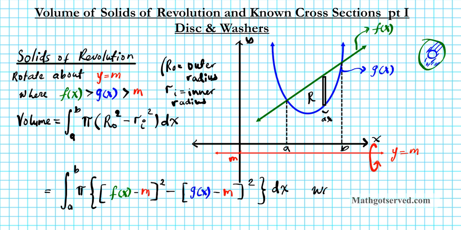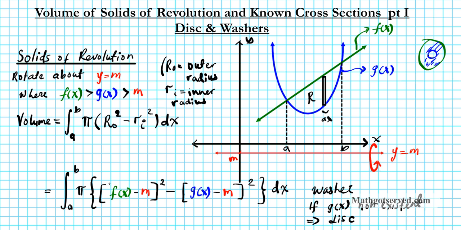Okay, it's a washer because you have a big hole in the center, just like a donut, because of this g of x piece. If g of x were non-existent, guess what? Then we're going to have a disk. What does that mean? Well, if we didn't have a function down here, what we'll have is a solid with no hole in the center. So it's going to be a disk. In that case, this entire portion of our integral expression will be gone, okay? And all you'll be left with is this piece right here